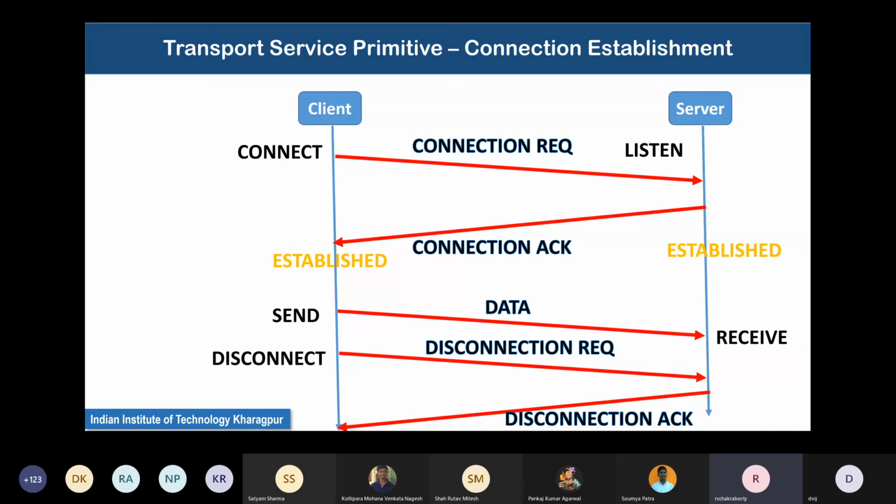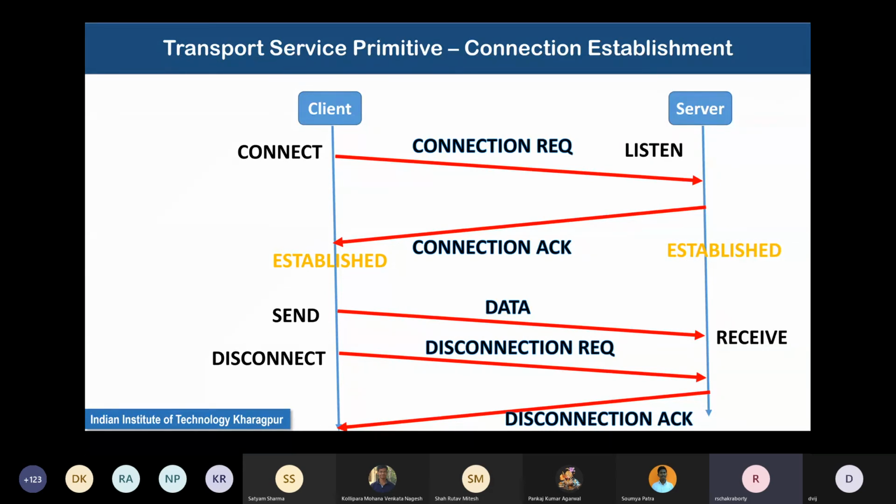So suppose the client requests a connection from a server using the connect primitive, and there is a connection request. The server was listening at a particular port, possibly a fixed port, like say 80 for the HTTP protocol.